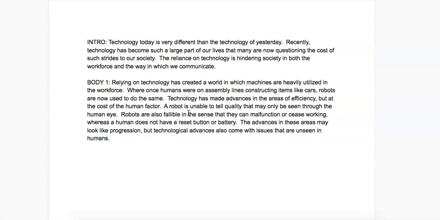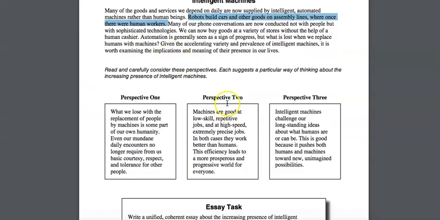Now remember, there are two perspectives. You need to respond to at least one perspective. So we've responded to one perspective in this body paragraph. I challenge you to try to respond to both of the perspectives in the prompt, and this prompt is attached on the Writing ACT Coach page, so you will be able to access this prompt for your student to work through. It's not just on the screen. You're not going to have to keep going back and pausing. It is attached that you can download.